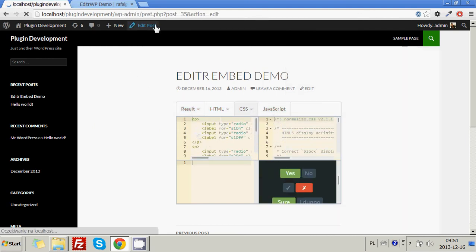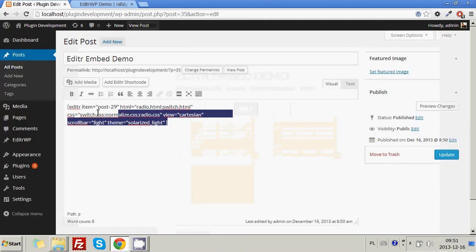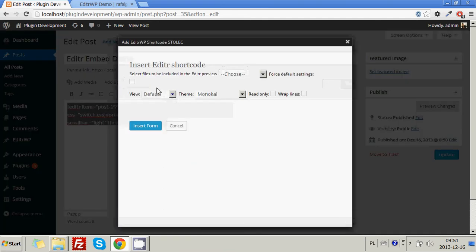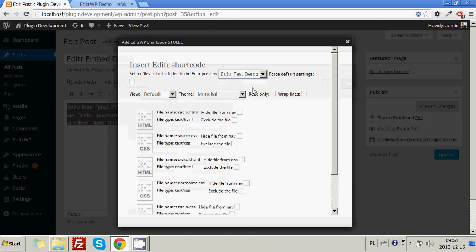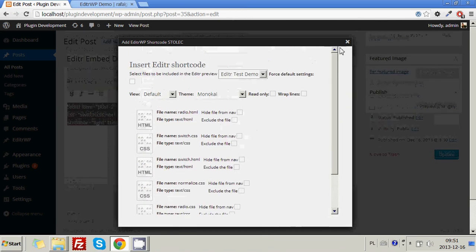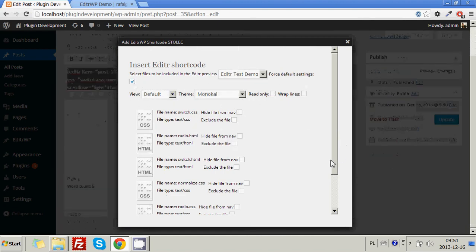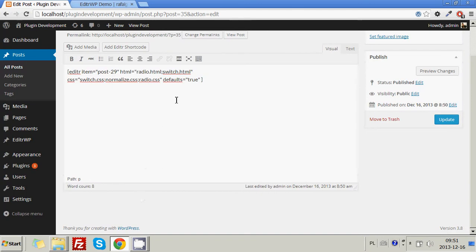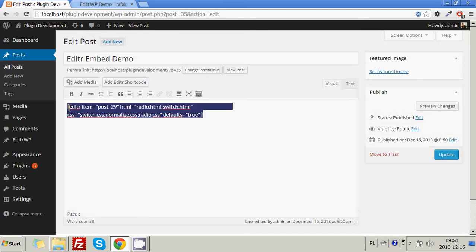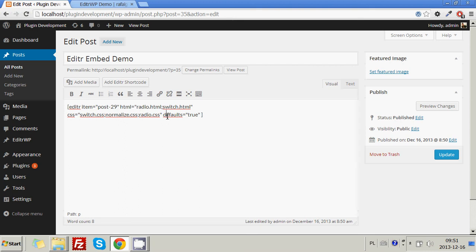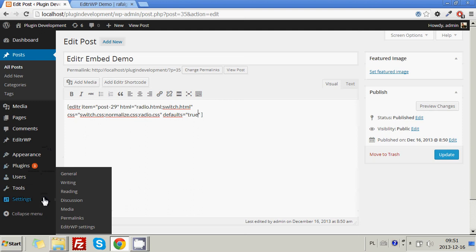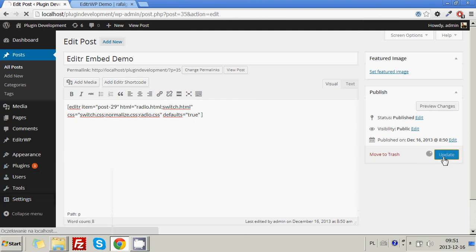Now let's edit the post again, and let's change the embed type. Let's pick this one again. And let's reorder the files. Let's force the default settings. As you can see, the shortcode is much shorter right now. It denotes that defaults are true, so it will apply all the settings that have been set here in the EditorWP settings. Let's update the post,